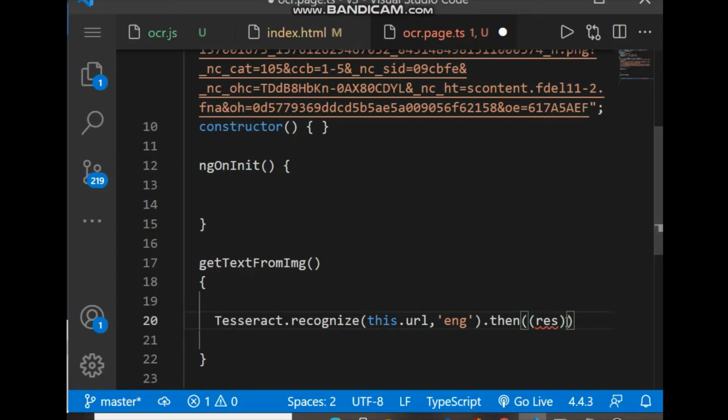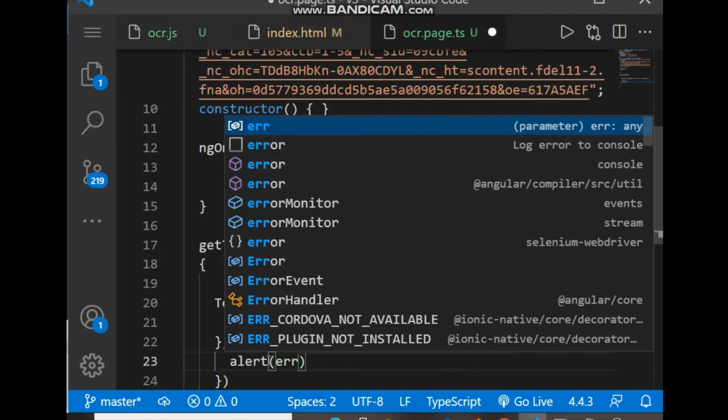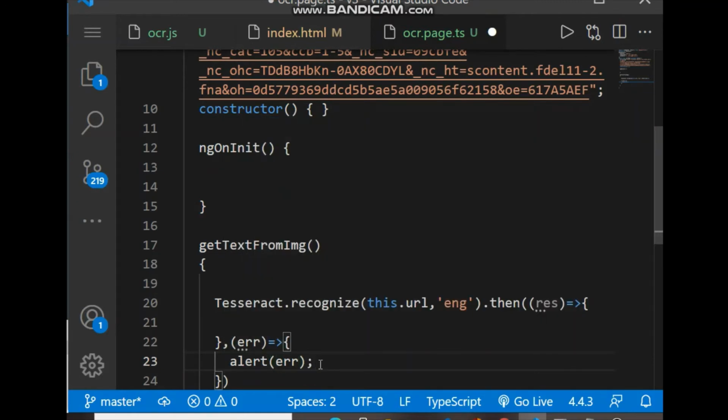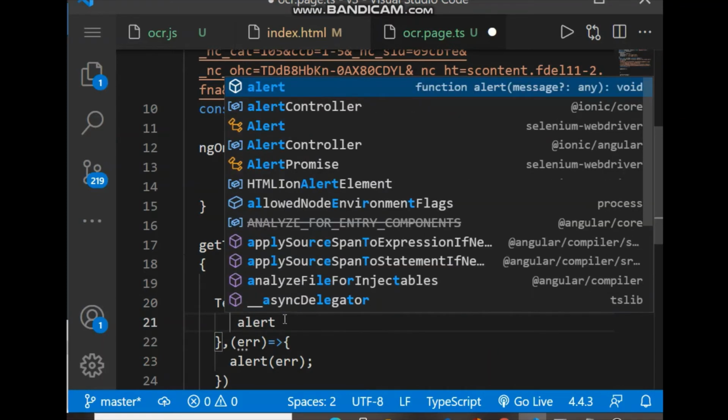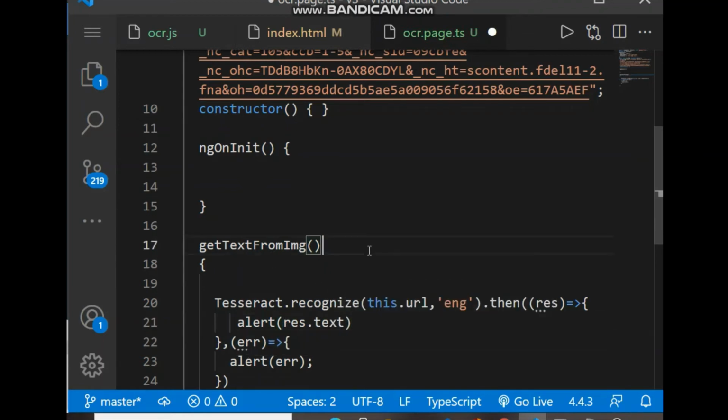Also we have to include the error block. If any error came, then we will alert the error, and inside the promise we have the desired result, that will be response.text.